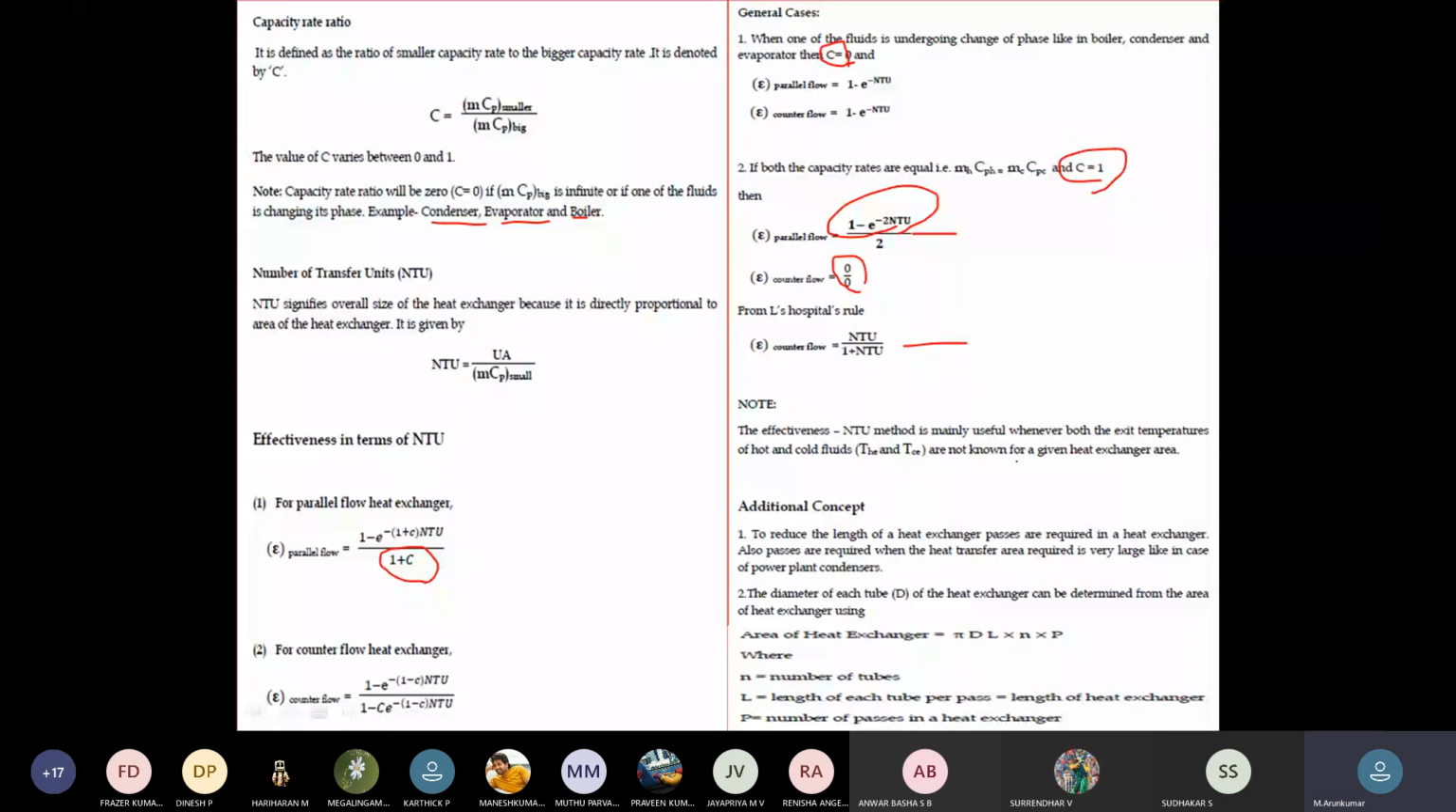To reduce the length of the heat exchanger, passes are required. Right. So we can reduce the heat exchanger length, but we need more passes. Passes means the pools of the tubes in the heat exchanger. Also, passes are required when the heat transfer area required is large, like in the case of power plant condensers. So if you consider the power plant condenser, the area will be